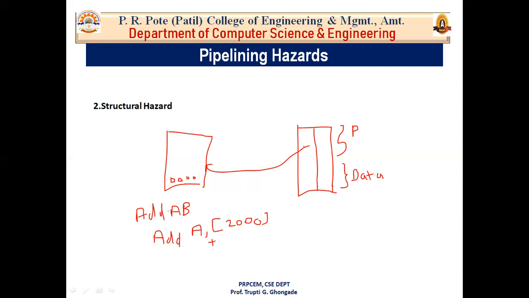Okay, to do this instruction, A is inside the processor. Here also A is inside the processor, that means A is available in the register. But location 2000 is not inside the processor. So the processor has to get that data from memory, and to get that data, the processor will need the bus. While it is using the bus, fetching cannot take place at that time, because the processor is using that bus to fetch the data from memory. So at that time we cannot use that bus to fetch the instruction from memory.